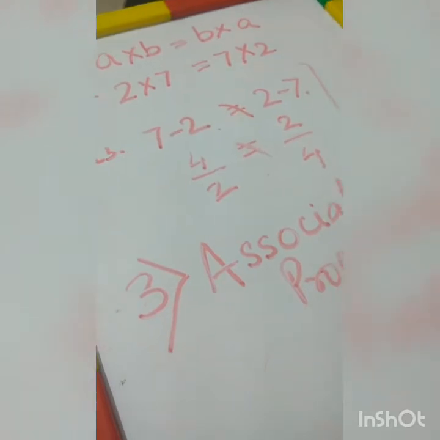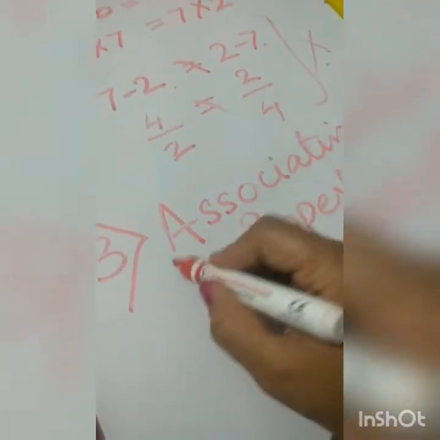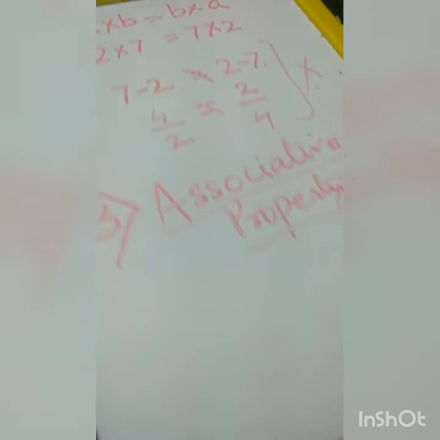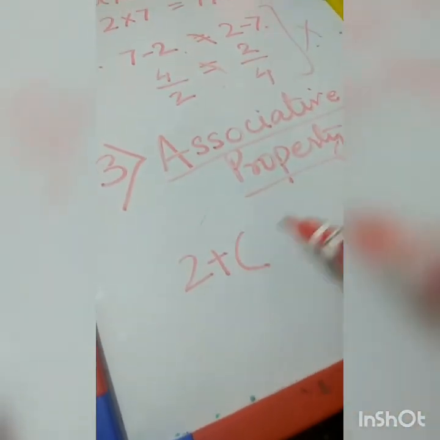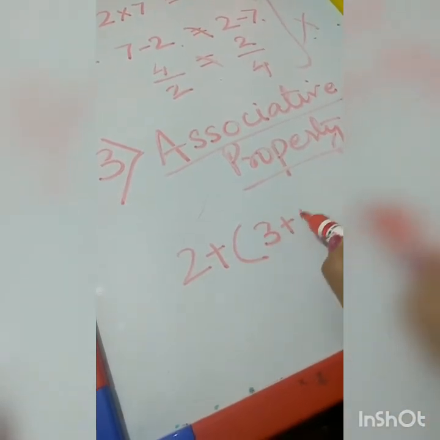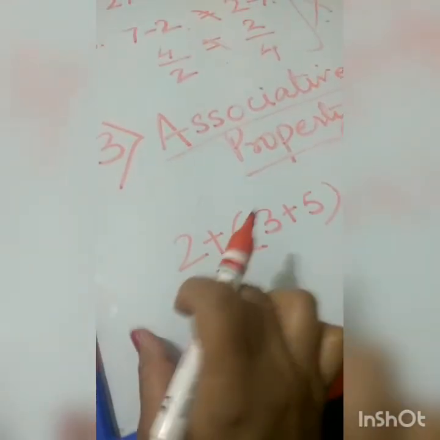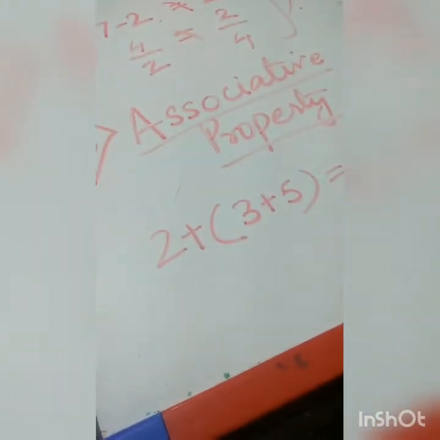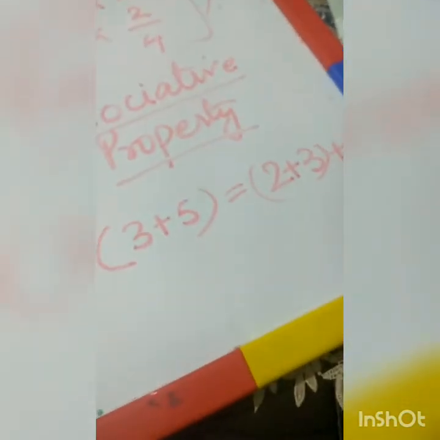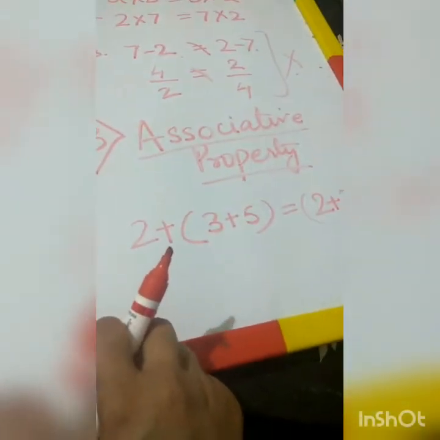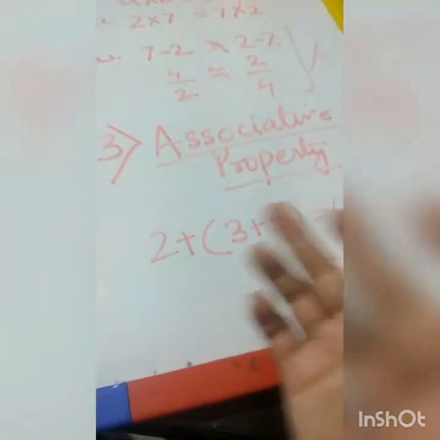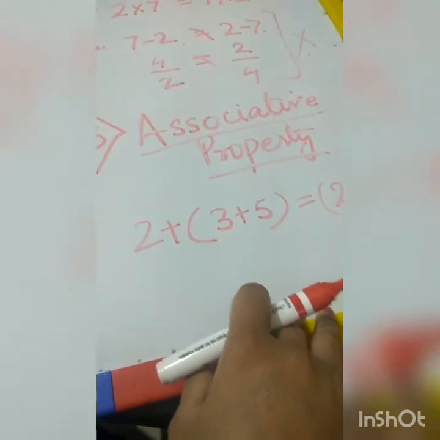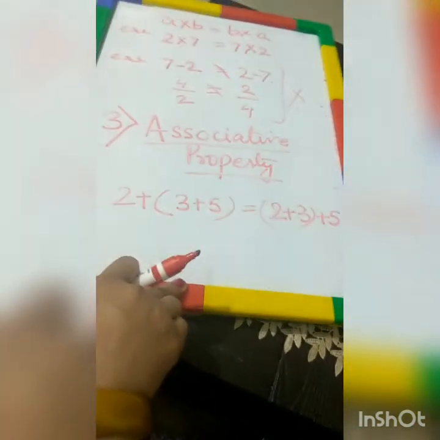Associative property is similar to commutative property, only it will have three numbers. That is, if I add two numbers and the sum is added to the third number, it will be the same as the first two numbers added and the sum added to the third number. Associative property means in addition the numbers can be added taking any two first. They can be added in any order. The answer will remain the same.